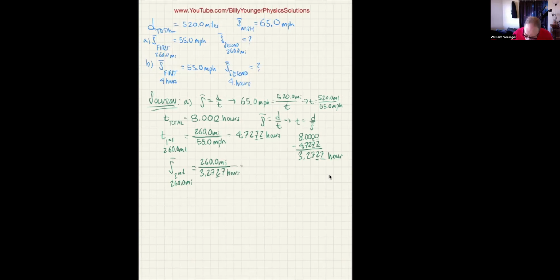And when I do that, I say 260 divided by 3.2727, and I get a whopping 79 point. Notice I'm dividing 4 sig figs by 3, so it should be 79.4. And then there's a long series of 4s after that, so I'll just underline that 4, and that's in miles